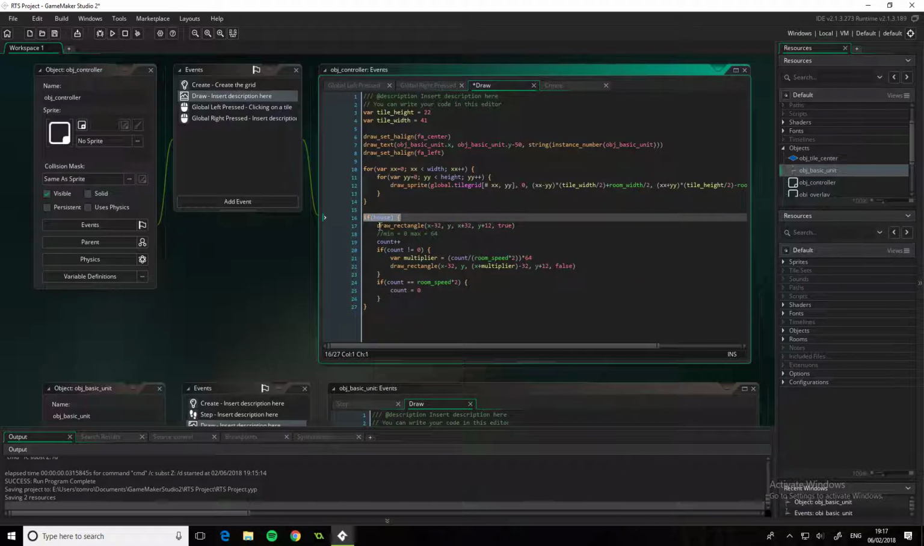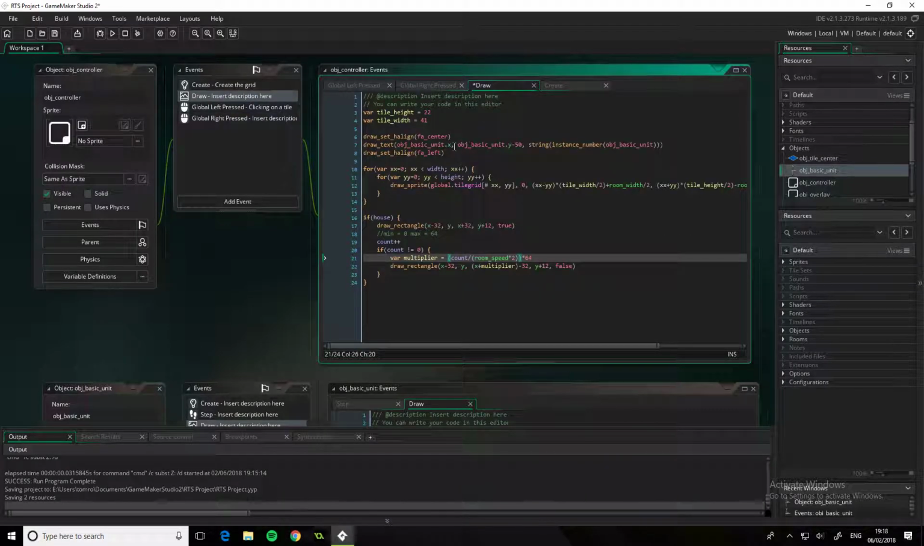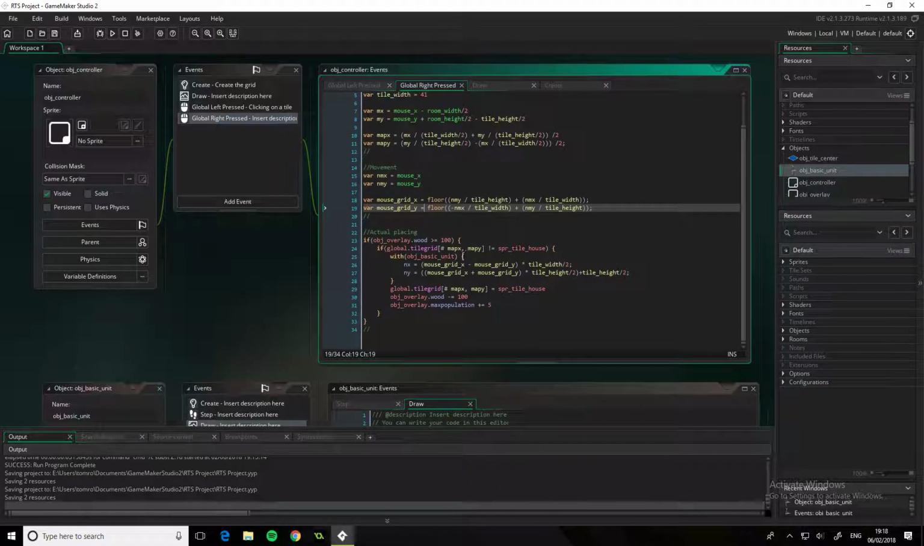If we are building a house, we're going to draw the outer rectangle first. We're then going to increment the count every step that we're building it. If the count is equal to, actually, yeah, we'll copy this and Control X. But anyway, if the count is not 0, then the multiplier is this, and this basically creates a bar that's filling up. Now, if you keep what we've copied and put it here,